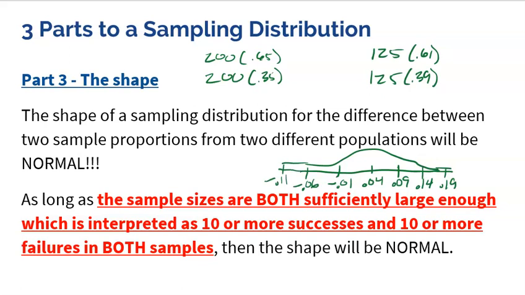So here, we're understanding what a negative means. Let's take a pause for a second. In the previous topic, when we were looking at a single proportion, you can't have negative proportions, right? If you're looking at the proportion of boys that do their homework, you could have maybe as high as 100%, you could have as low as 0%, but you're never going to get a negative value for a single proportion. But when you're looking at the difference between two proportions, you certainly could get a negative because the order